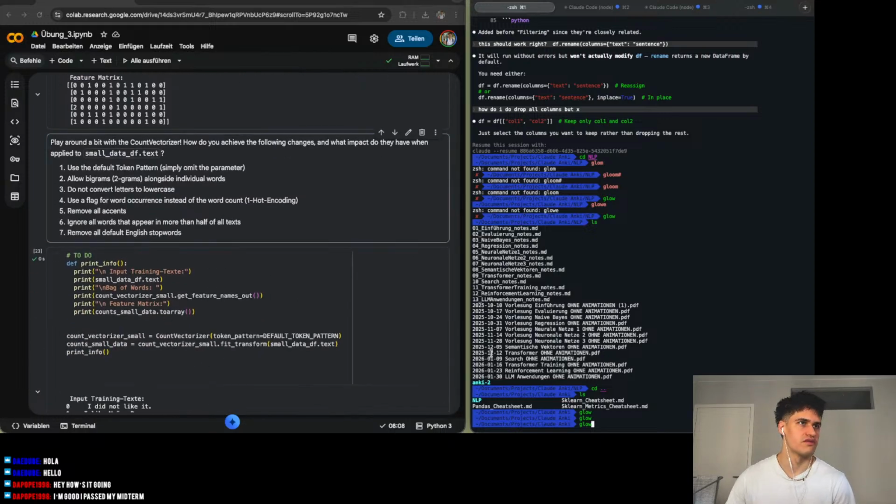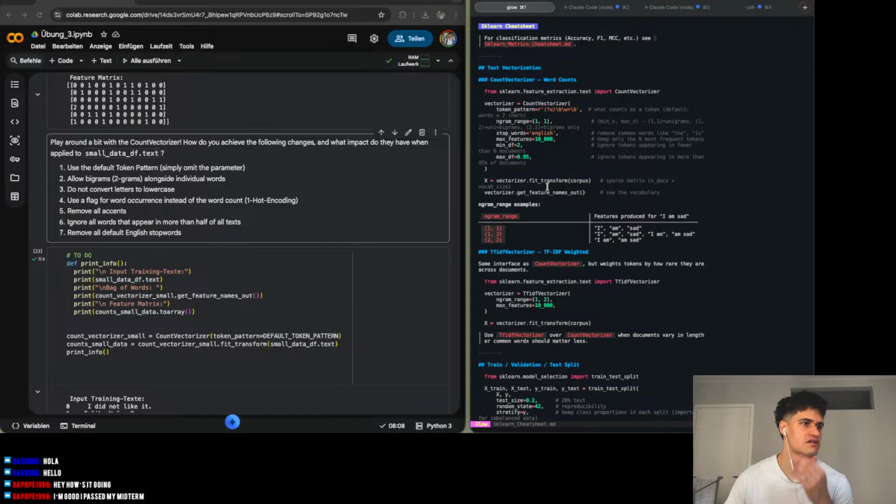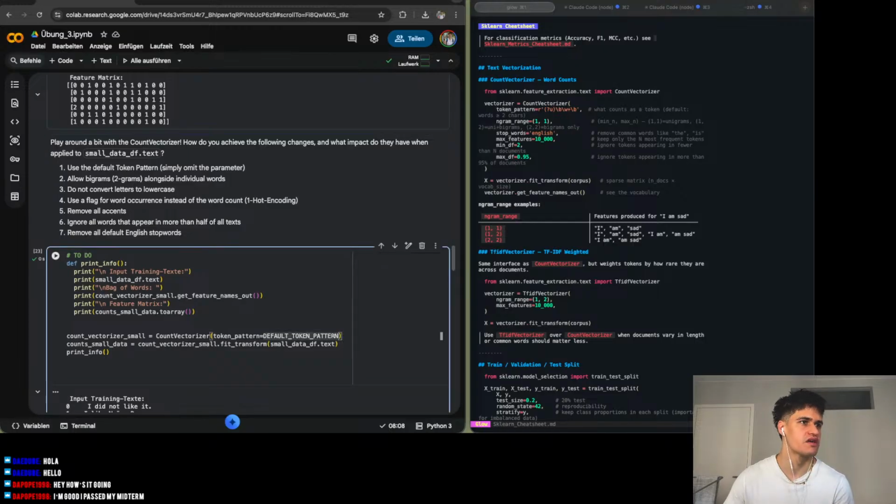So if we go to Glow and we go to the cheat sheet that we just created, we might have the n-gram range. So basically all we need to do is pass here